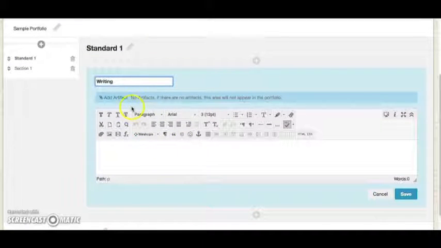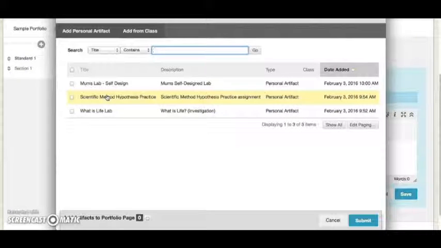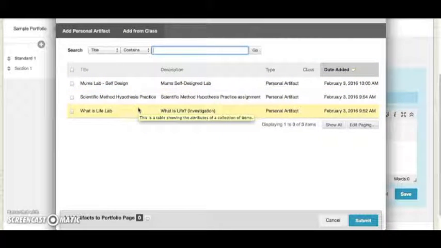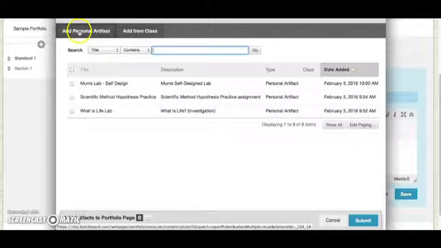This is where students would attach artifacts. If they've already added artifacts to the My Artifacts section, they would show up here. Or if they've already attached it in a prior portfolio, or even within this portfolio, it will show up here. The way they add to this list is they could add a personal artifact